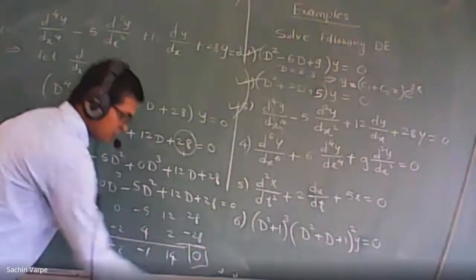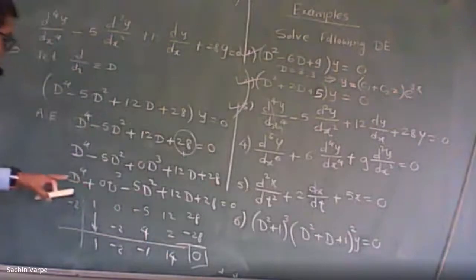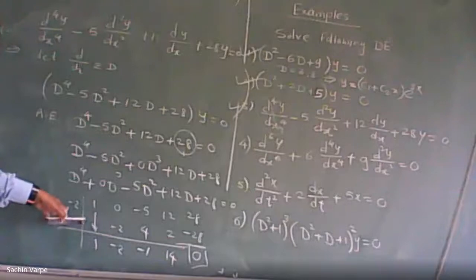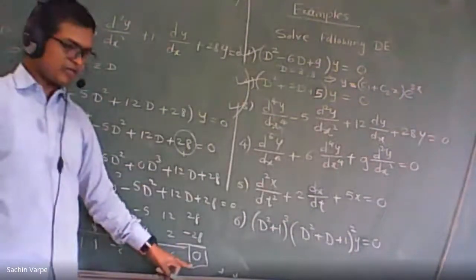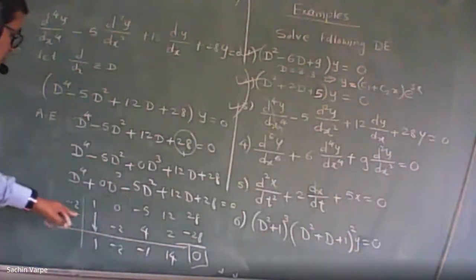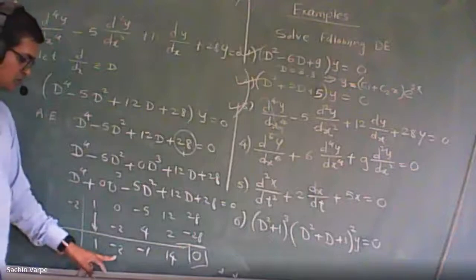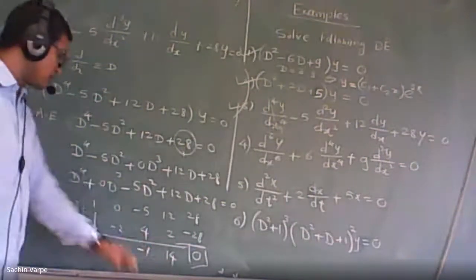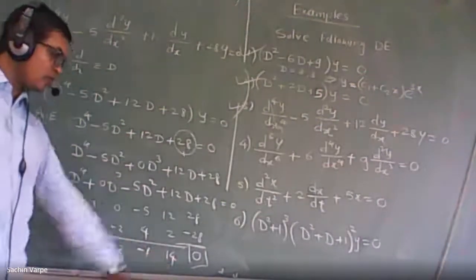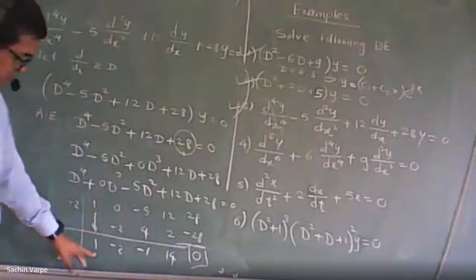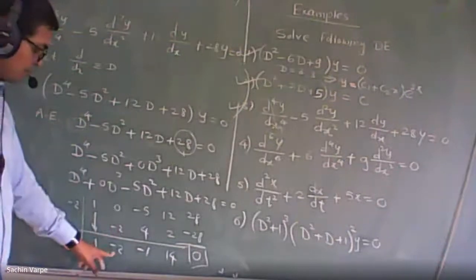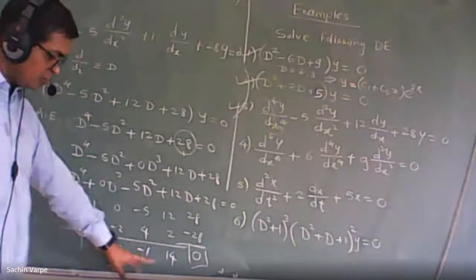So this must be 0. If this is not 0, then this will not be a correct root, remember. So here also we can check whether the root we have considered is correct or wrong. Since this is the remainder, obtained by dividing the polynomial by the factor d plus 2, these are the coefficients of the cubic polynomial. This is a fourth order or biquadratic polynomial. With these coefficients, the polynomial is 1 into d cube minus 2 into d square minus 1 into d plus 14.